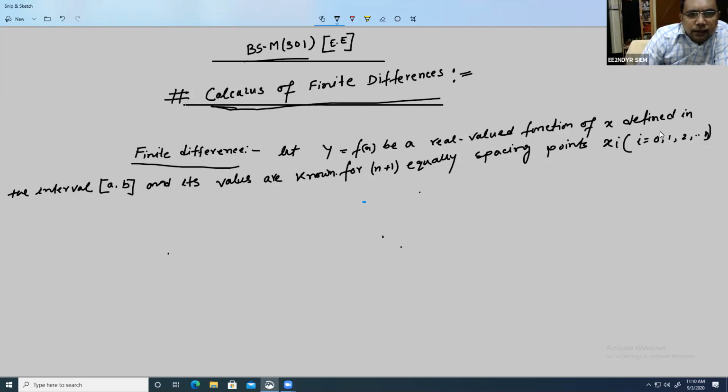Since there is n, so definitely it will be n plus 1. You may count it from, suppose, if you want to count 10, so then what will be your logic? 0, 1, 2, 3, 4, 5, 6, 7, 8, 9. If you go to 9, then it will be 10 because you will start from 0. So since we are starting from 0 here, 0 to n will represent n plus 1, such that